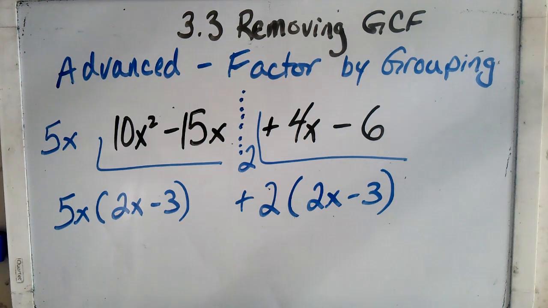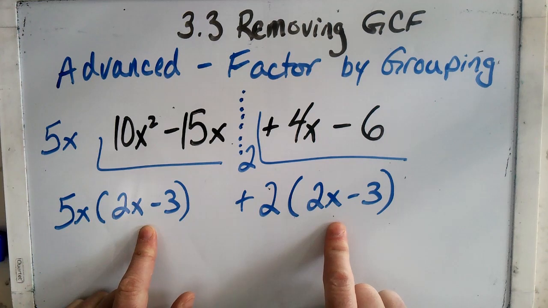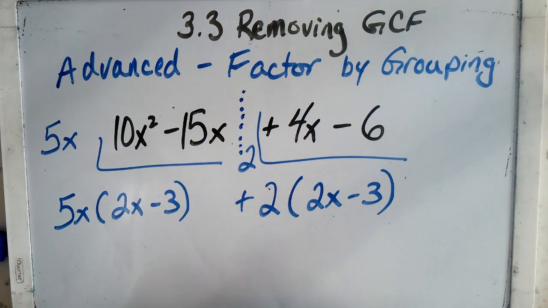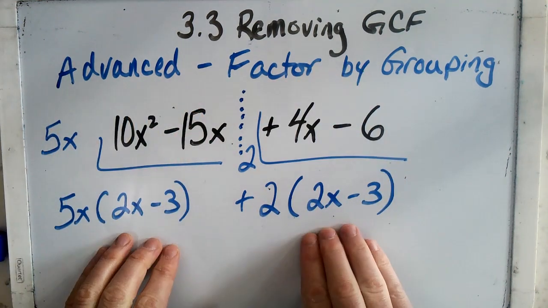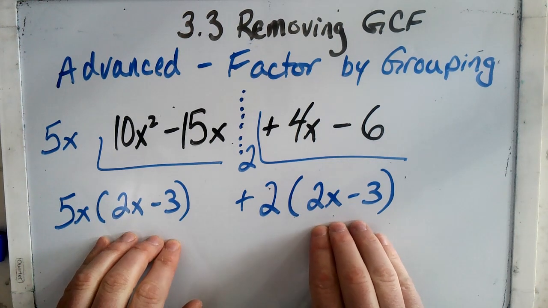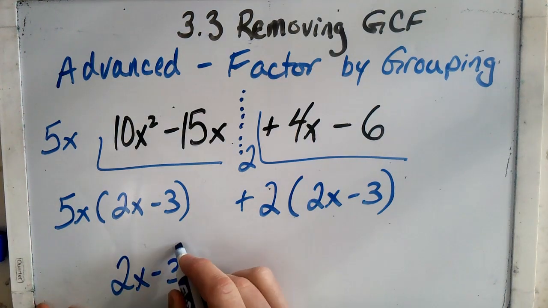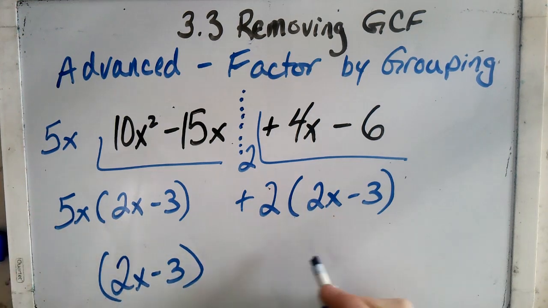Take a look at the answer so far. We've got 2 GCFs and the binomial's identical. This is usually what happens when we break these up into 4 pieces. We take the GCF of the first half, the second half, and we find the binomial is the same. So what we're going to do, this is our GCF for the third part. 2x minus 3, and the leftover pieces, 5x plus 2,